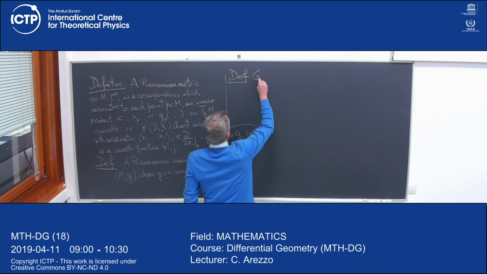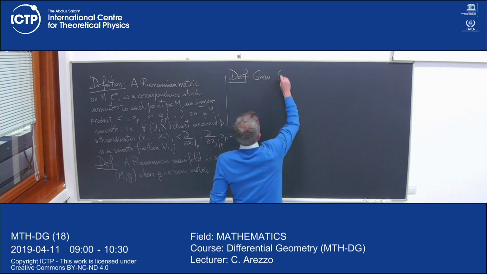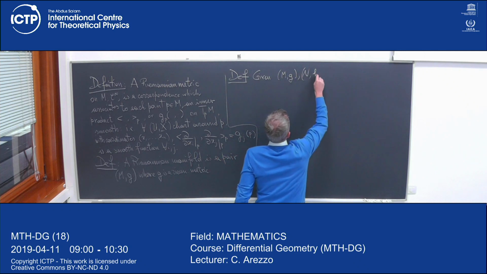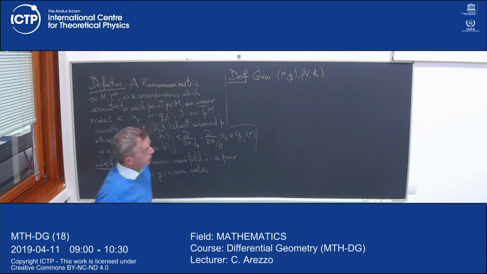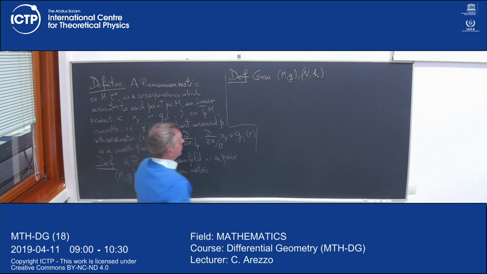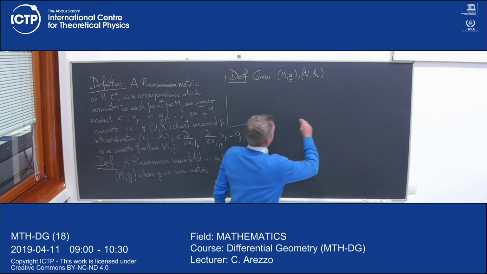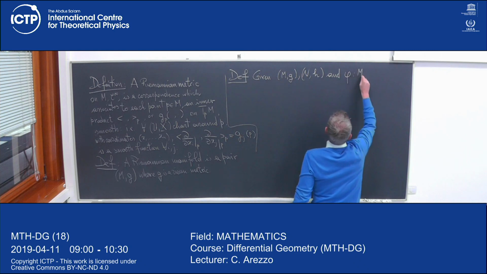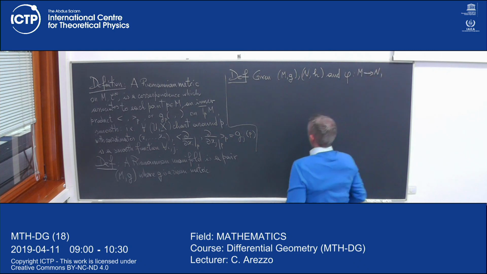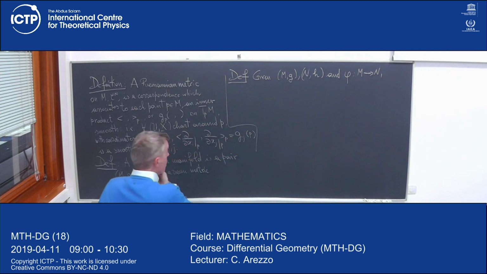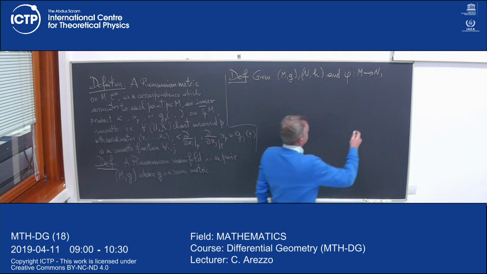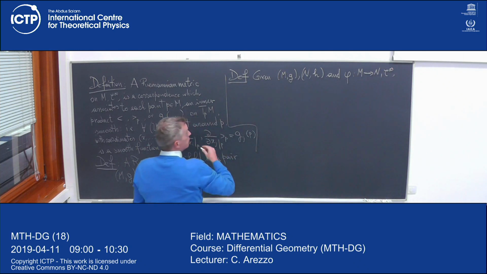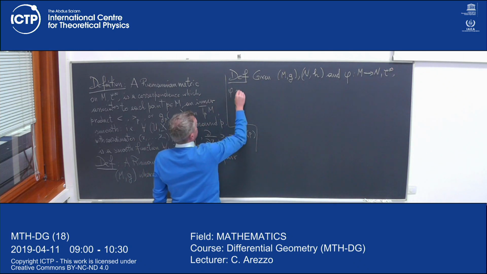So given (M, g) and let's say (N, h), so I take two Riemannian manifolds and a differentiable map between them. Phi is called an isometry. So this, of course, first of all, it has to be smooth. Otherwise, I cannot even write the definition. So phi is an isometry